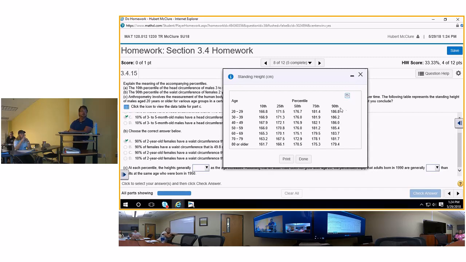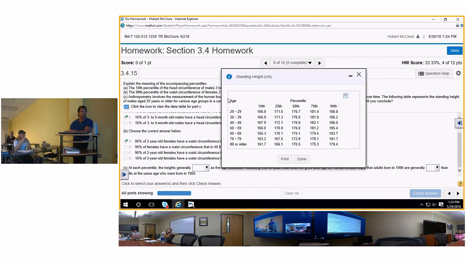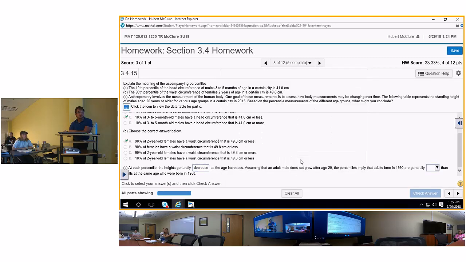But let's look at it. I want to bring it up here. Let's see. At each percentile, the height generally decreases? Yeah, I would say decrease as the age increases. Assuming that adult men do not grow after 20 years, the percentile implied that adults born in 1990 are generally,